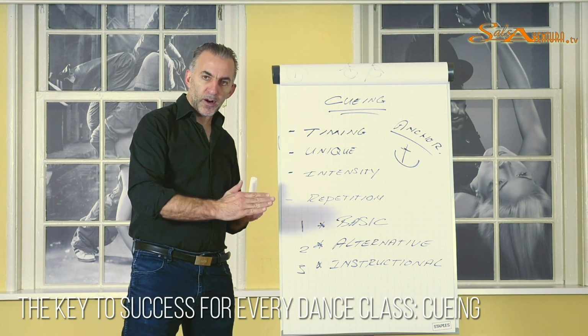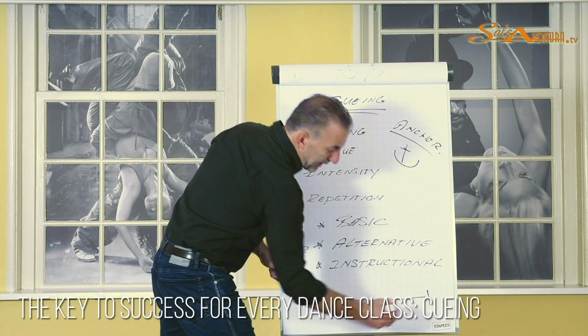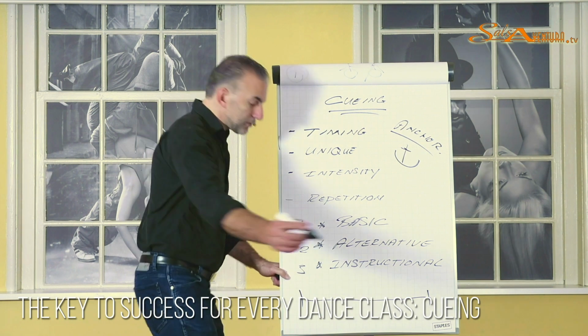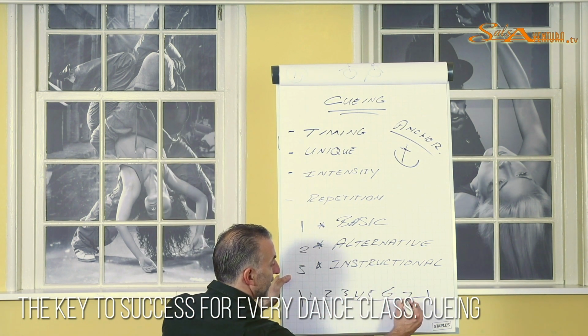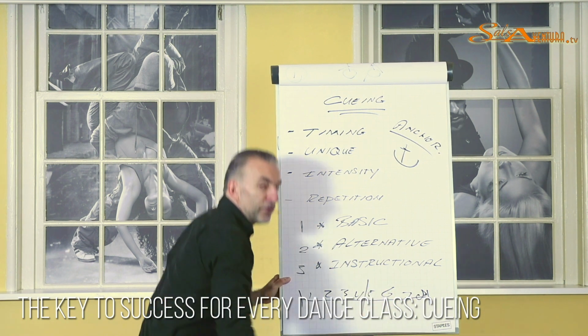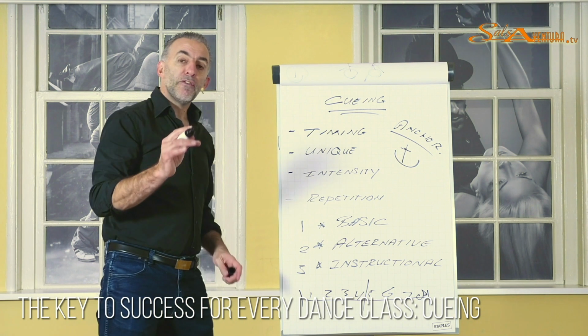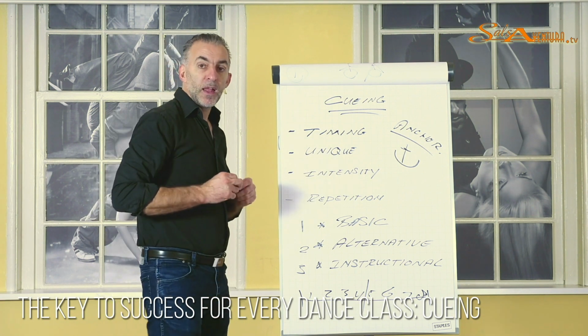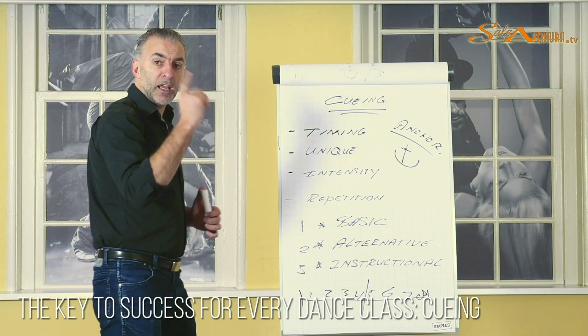But one of the ways is that you do understand that when you give an instruction, it has to be before. So if you have, for example, the timeline, and let's say you have 8 counts, okay? So let me write it down. 1, 2, 3, 4, 5, 6, 7, 8. The first bar is here, the second bar is there, and those are the counts. If I would say, for example, 1, 2, 3, single right turn, here we go.